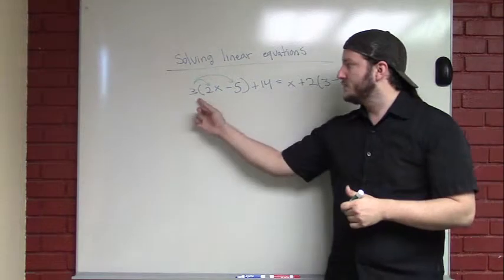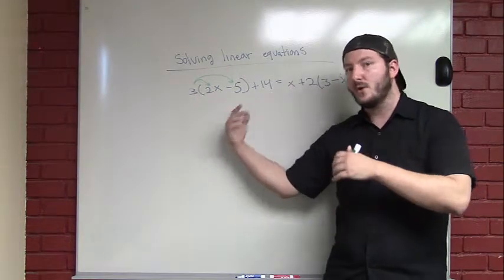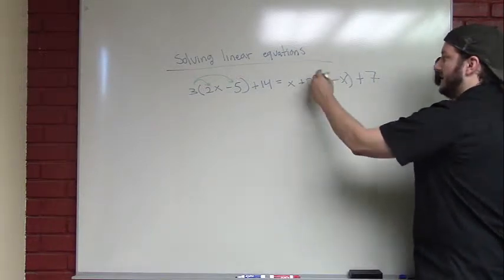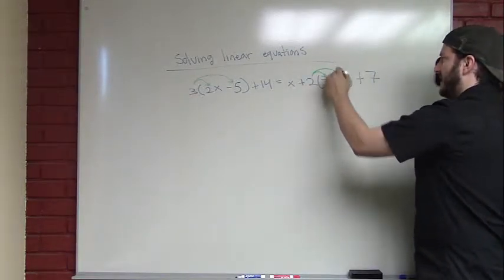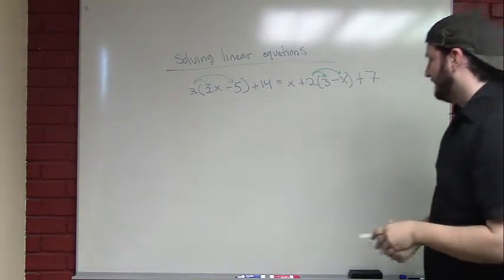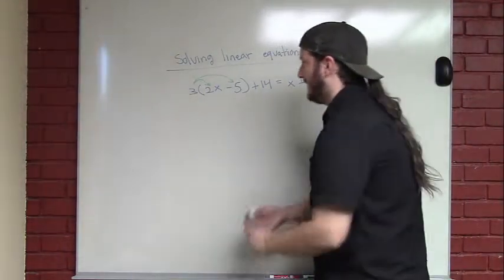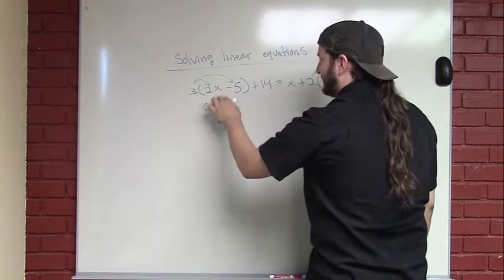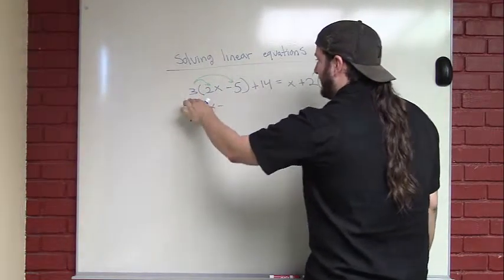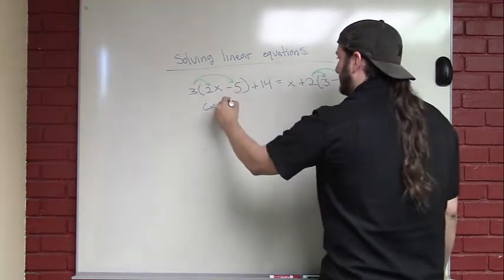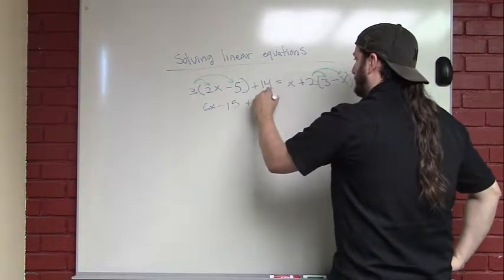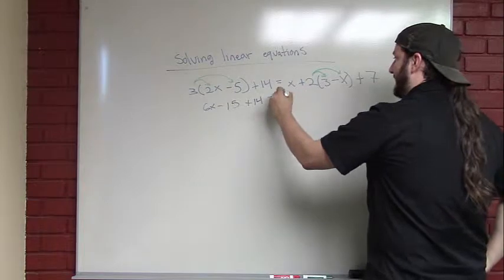But all you're going to ultimately do is take this 3 and throw it to all those numbers and multiply them. Same thing with this 2, okay? So this 2 is going to go to that 3, and this 2 is going to go to that negative x. Okay, so that's our very first step. 3 times 2 is 6, and 6x, so we got that guy. 3 times a negative 5 is going to be negative 15, and then plus 14 equals,